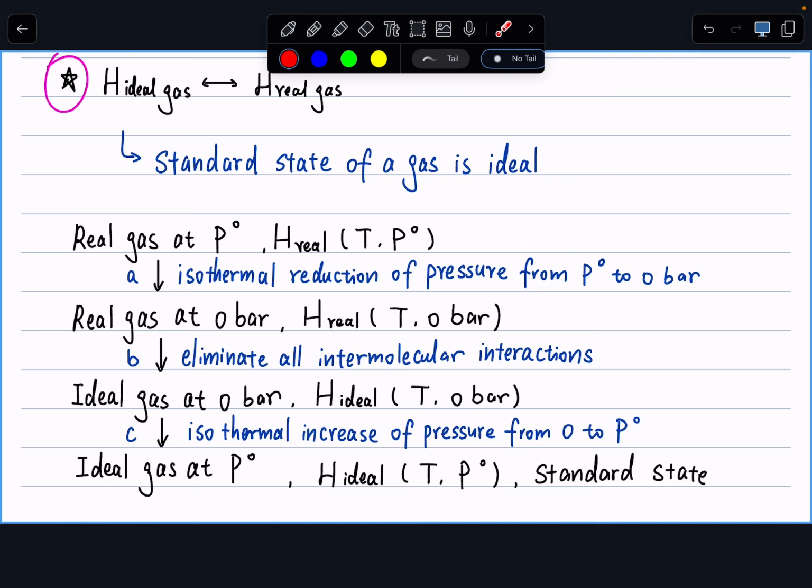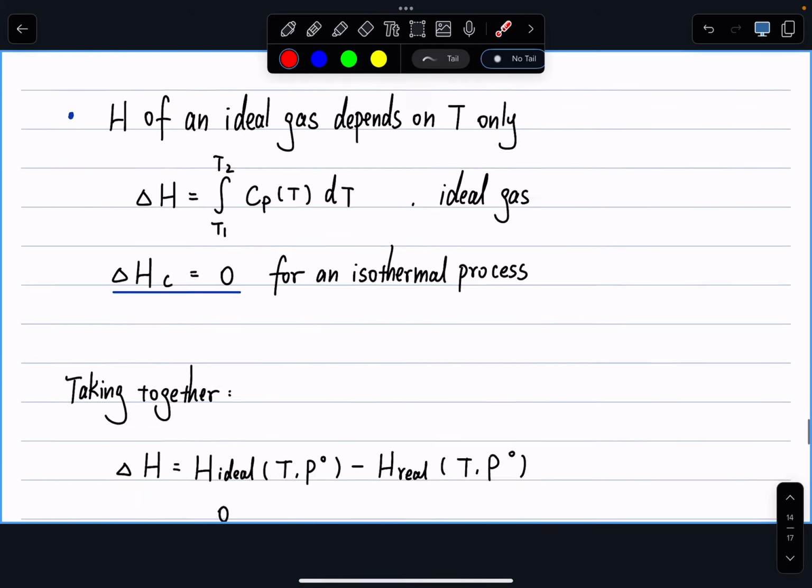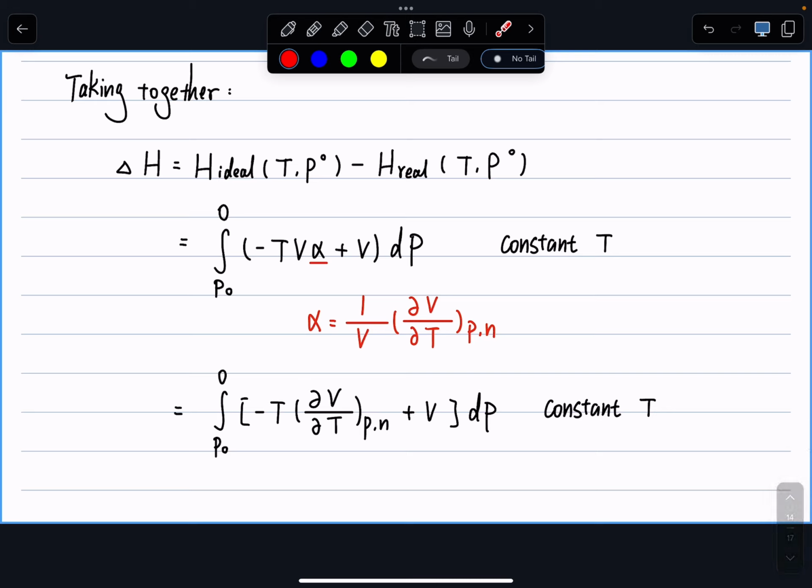All right. So in this part, what we end up getting is that the overall delta H just equals this integral. And depending on what the equation of state is, we have a way to solve for this integration here. And then in addition, by just knowing the definition of alpha, we can simplify one more step. So in here, we know that alpha equals 1 over V times dV over dT at constant P. That's given in the definition of alpha. We can simplify this by writing alpha in here, because volume cancels out in that expression.